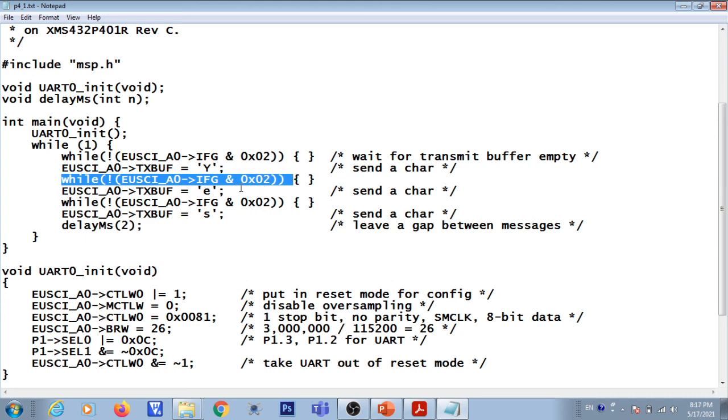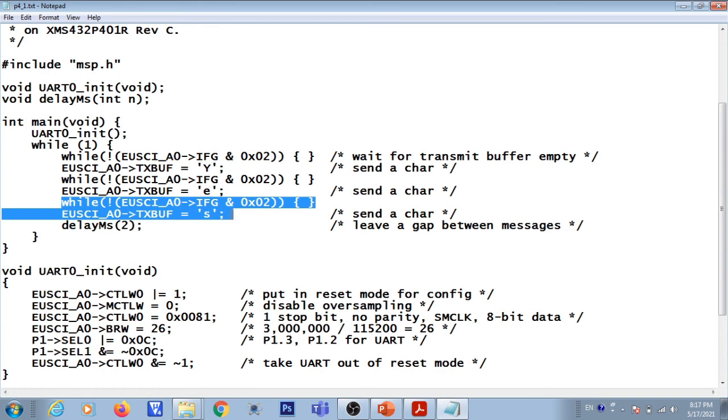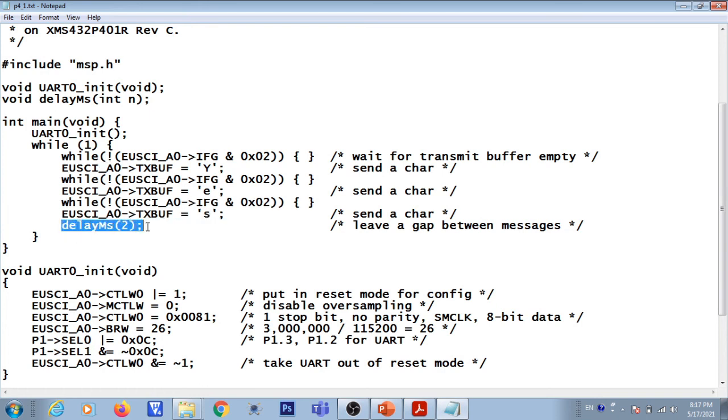When TXIFG is 1, the second data can be sent. Similarly, the third data can also be sent. After sending all this data, we are giving a delay of 2 milliseconds. So this is a program for sending data. In this case, I am using the data YES, and I am going to send it over my UART peripheral from the MSP432.